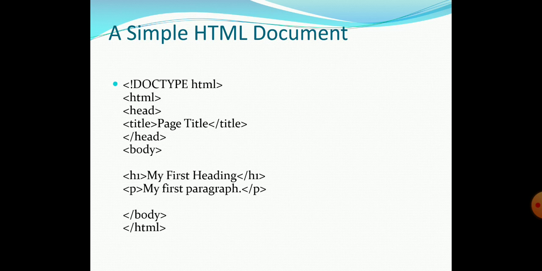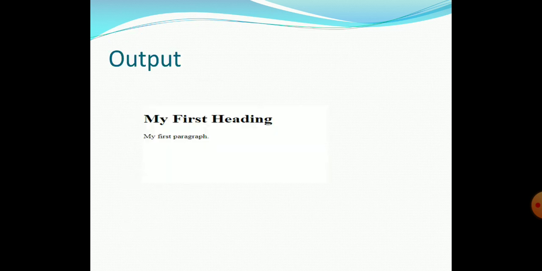a paragraph tag. The heading tag, as the name itself suggests, is H1, and it will display anything that you want to write in the page as a heading that will be contained in H1. The heading tags can extend from H1 till H6, where H1 is the largest or the biggest and H6 is the smallest. This is how your web page will look like when you will run it.